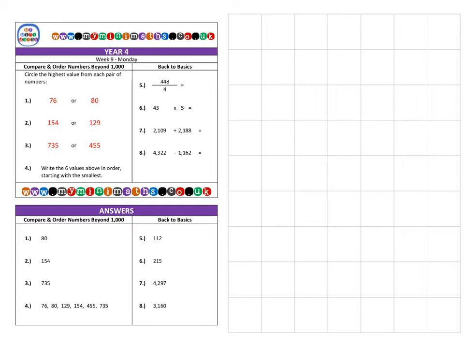And today we are going to be comparing the value of two different numbers. So first thing we need to do is look at our place value and look at the value of each of the columns. So we have our units, we have our tens, our hundreds, our thousands, and so on. Okay, if we place a little line underneath there for our headings, and we're going to look at the first question,